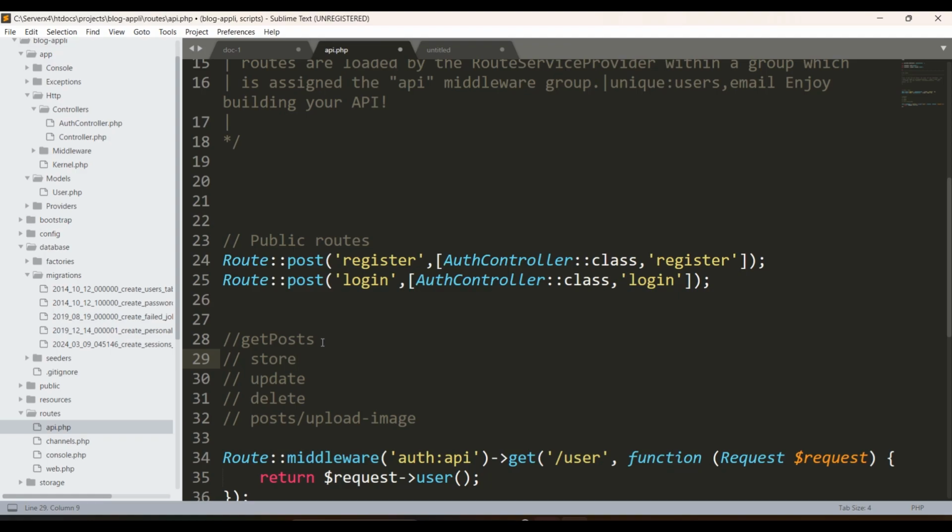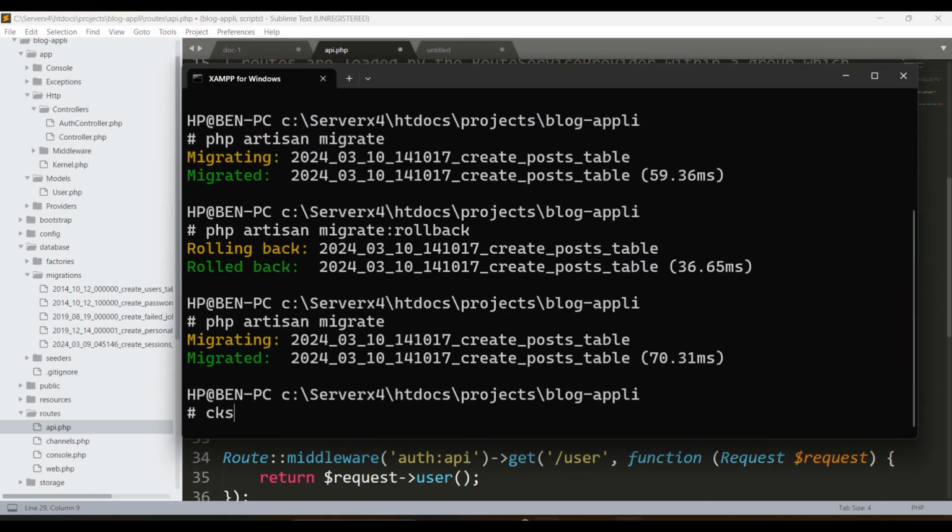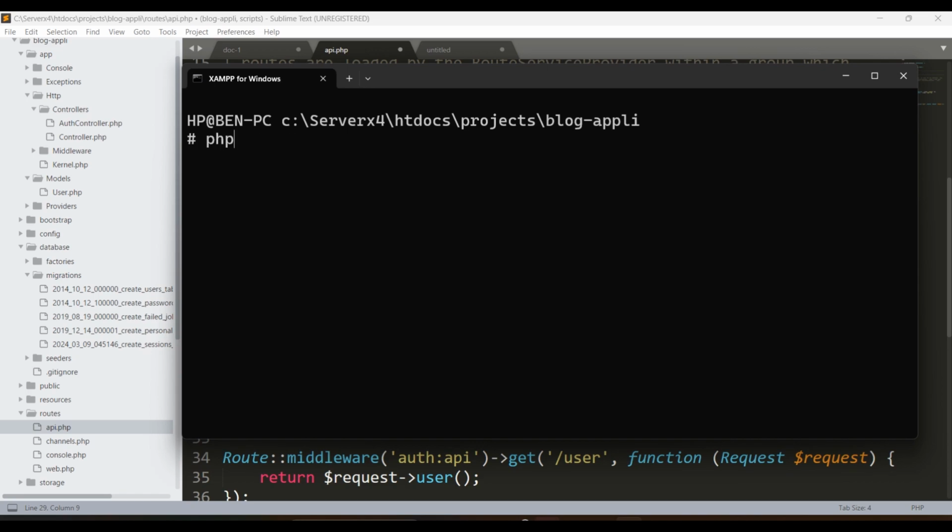Hi everyone, in this part we're gonna build the post model endpoints like get, store, update, delete, and upload image. In the previous video we just implemented the register and the login endpoints for the user model. Now first thing we need to create the post controller, php artisan make:controller PostController,